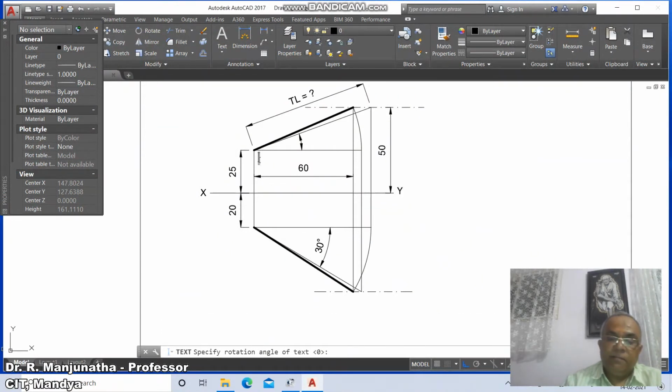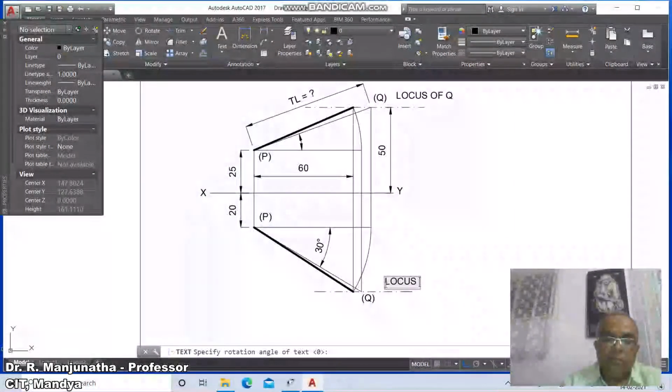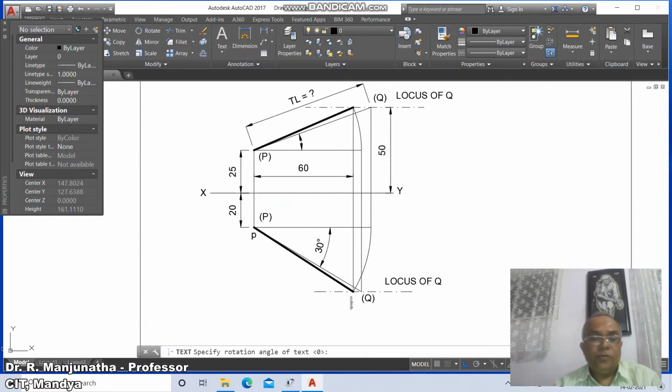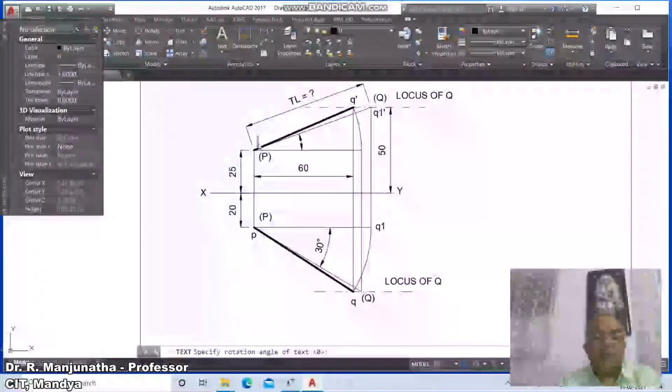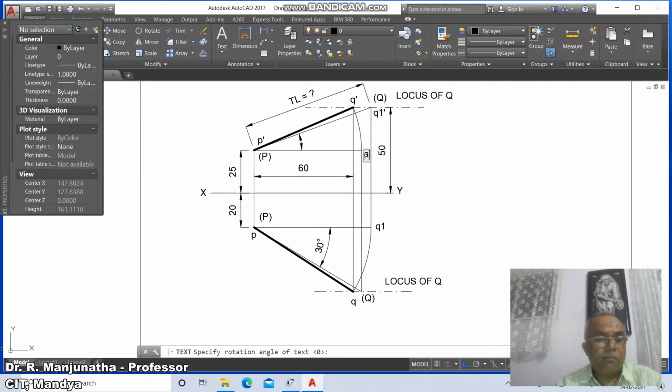is capital P, and here again it is capital P, here again it is capital Q, here again it is capital Q, here locus of Q, and here it is locus of Q, and you type small p, put the caps lock off, small q, and here it is q1, and here it is q1 dash, and here it is q dash, here it is p dash, here it is q2 dash, and here it is q2, and then